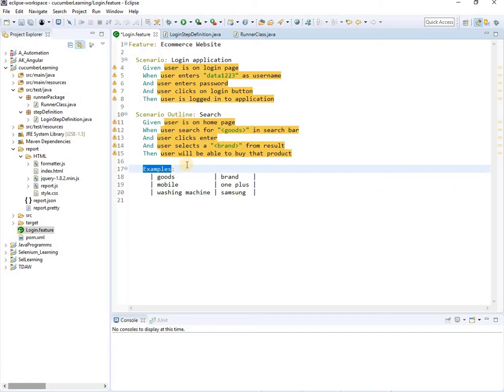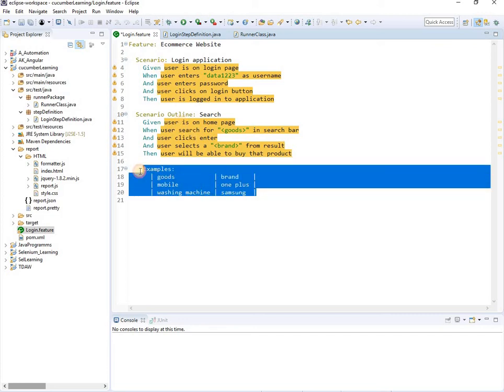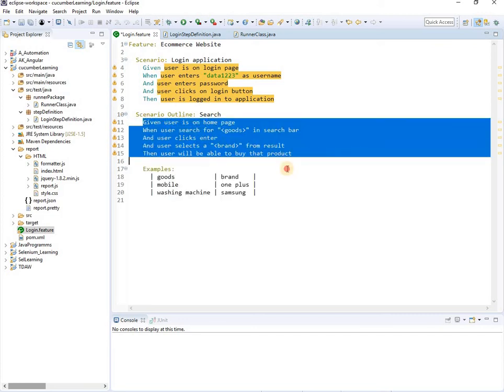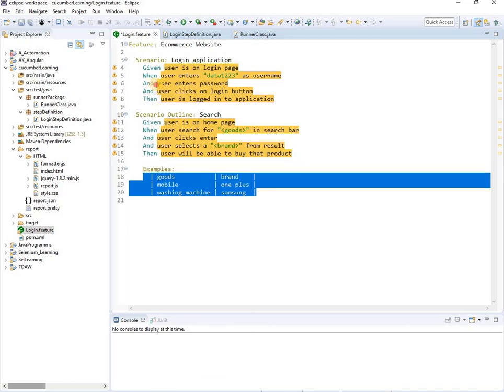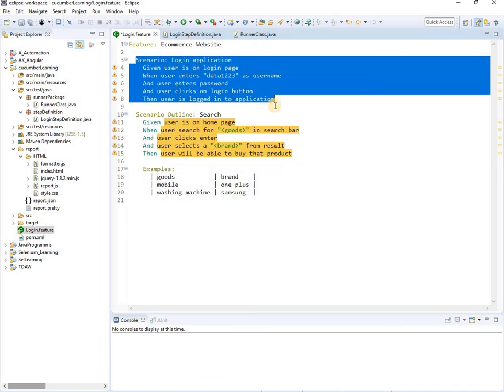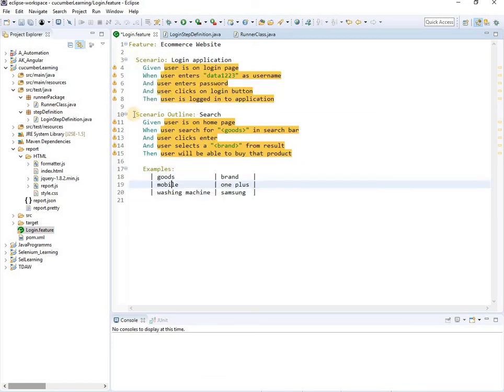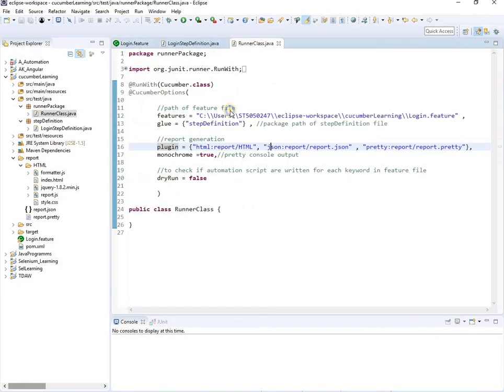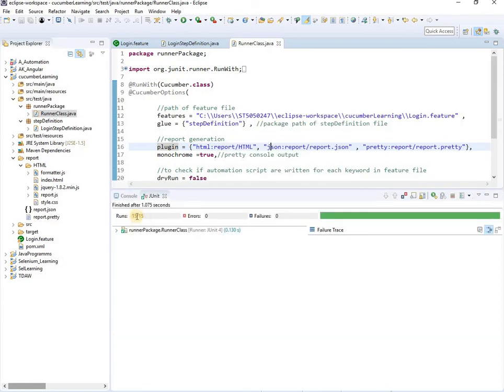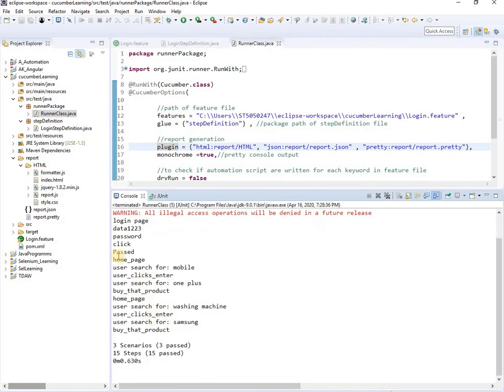So that is the major difference, that you can use the same scenario outline for multiple sets of data, but you cannot use the simple scenario for multiple sets of data. Okay. So this scenario will run two times with two sets of data. Run as JUnit. See over here.